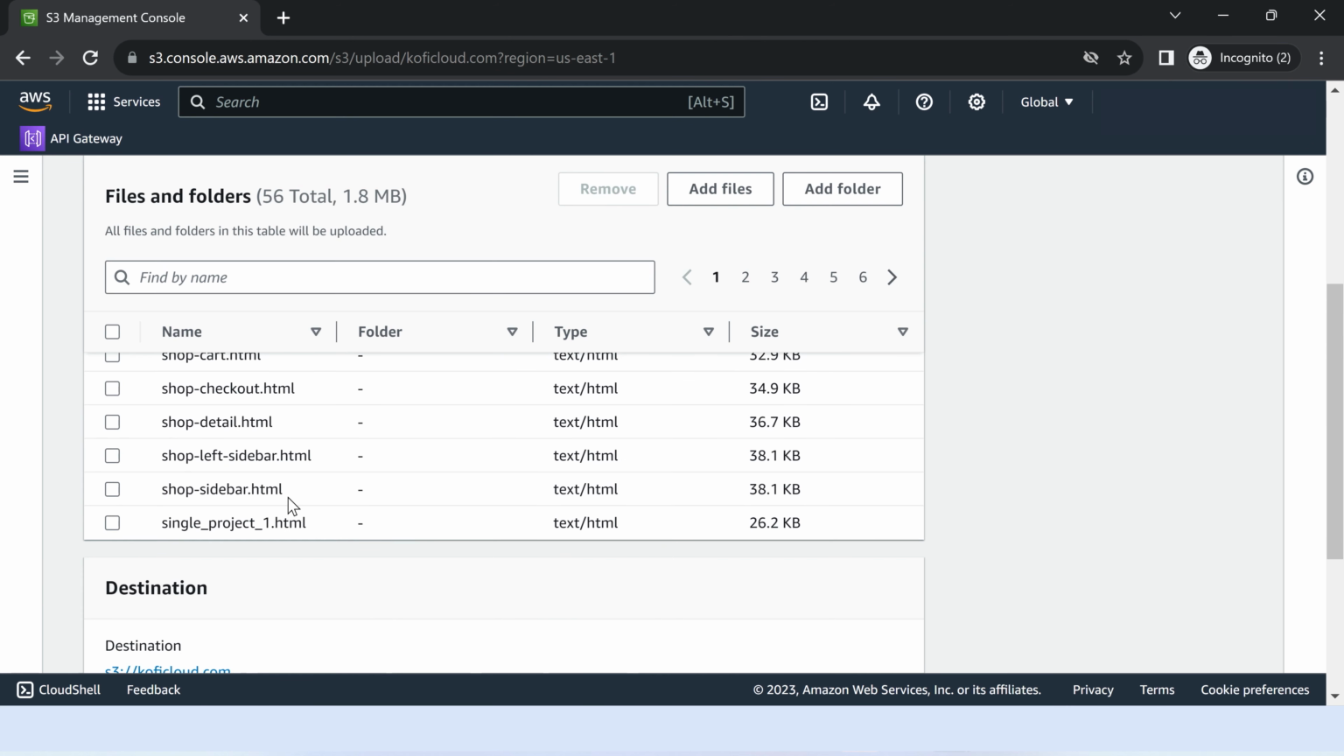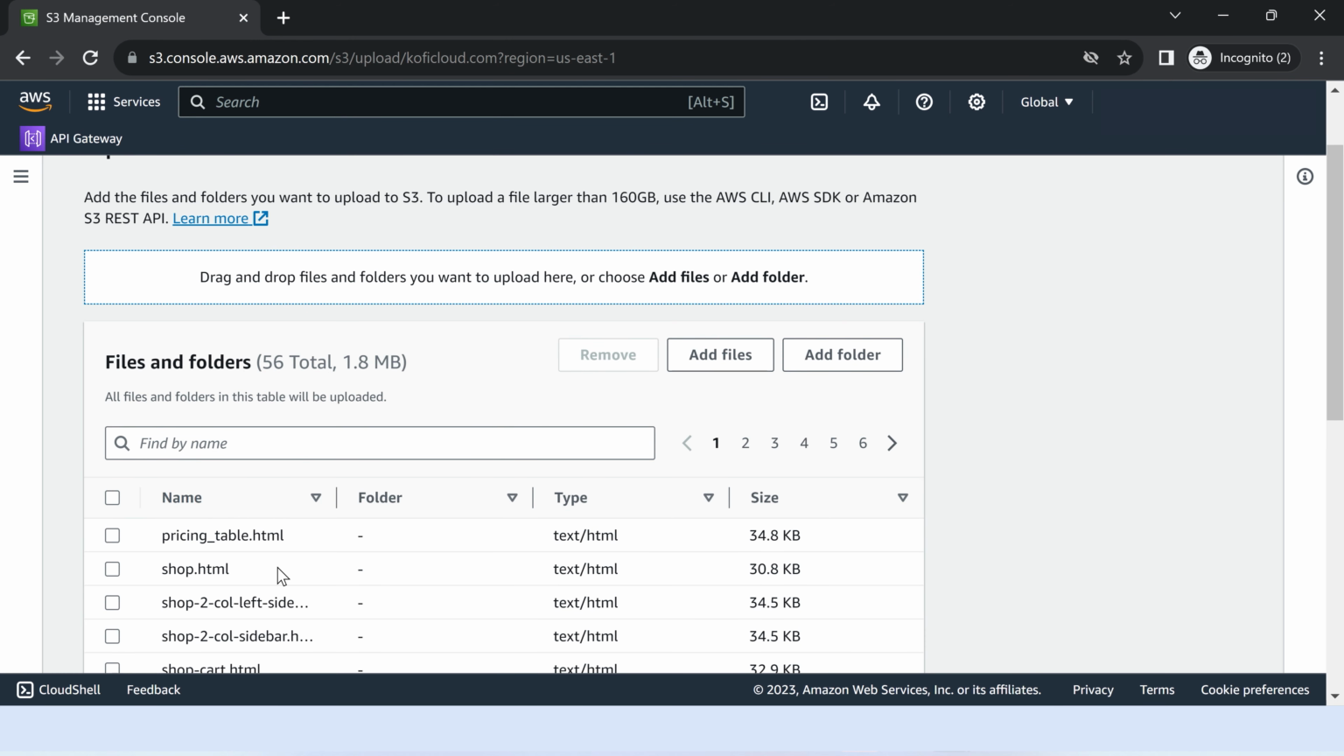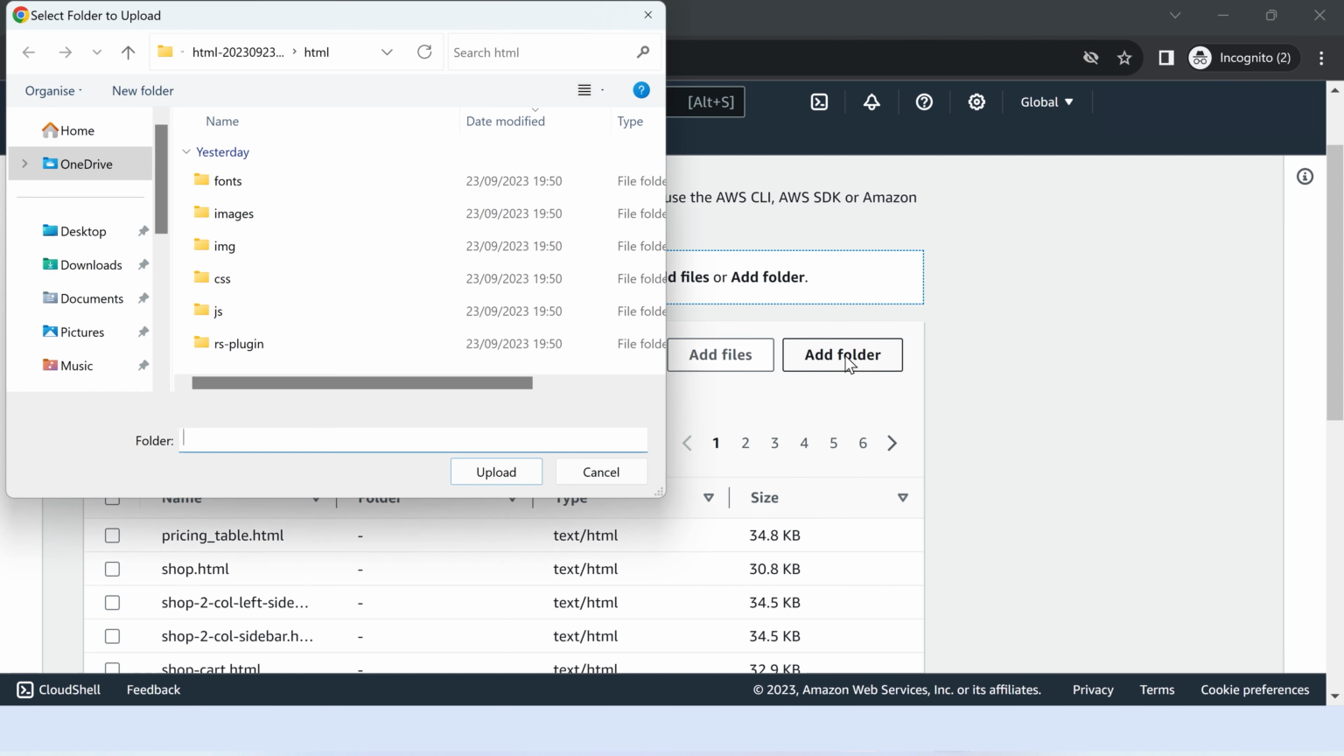So now it will upload all the files here, but I need to upload other folders as well. So what I'll do is I'll click on add folders, and then I'll upload the folders one by one. So I'll start with the fonts. Click upload